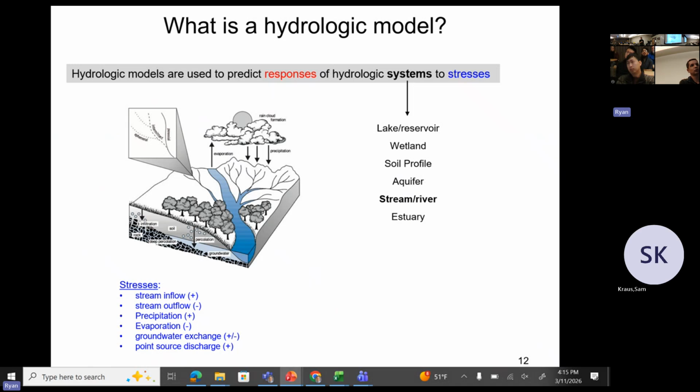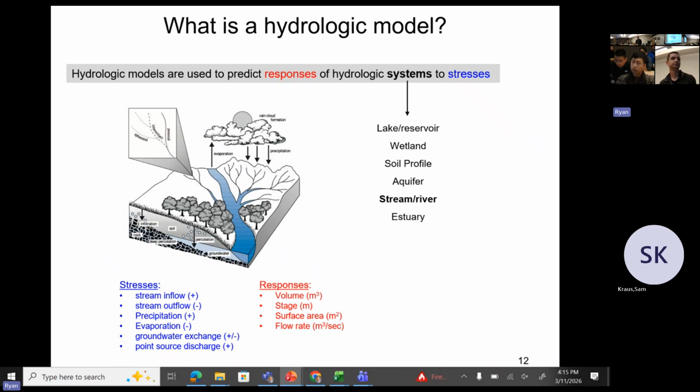If you look at a stream or a river, same thing. Here's a channel, and stresses might be inflows and outflows, precipitation, evaporation, groundwater exchange, point source discharge. You could also have diversions for canals or water treatment plants. Anything that's affecting how much water you have, you can apply to your water balance equation. Responses would be how much water you have in the river channel: stage, surface area, flow rate, kind of like